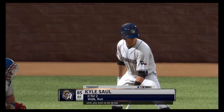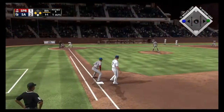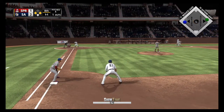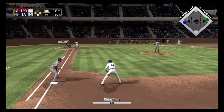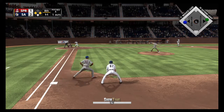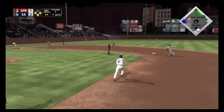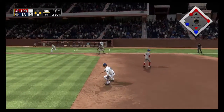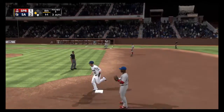Now batting, here's Kyle, number Saul, 85, and their runners at the corners now. From the belt, kicks and deals. Swing and a fly ball, but shallow. And that's not going to do it. Rose has it, and I'd be surprised if they send the runner on to first, and they...